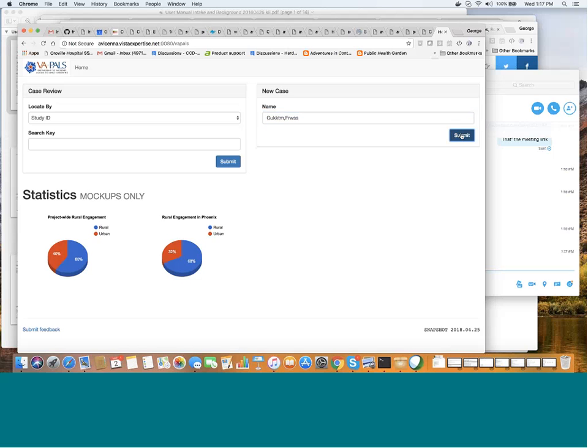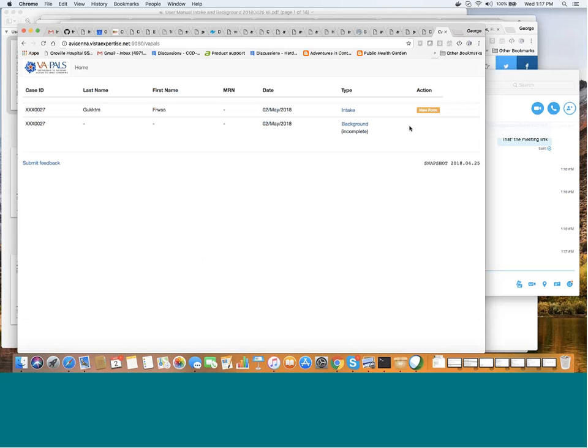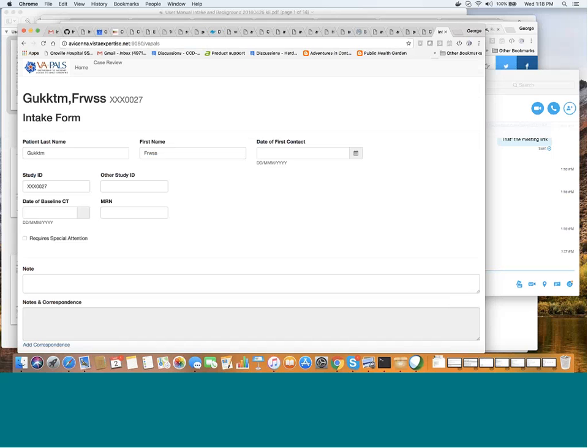What happens here is you just send it. It goes to VA PALS, and we've registered this patient, and we've initialized both the intake and background form, and there's the intake form with the names initialized, the study ID,